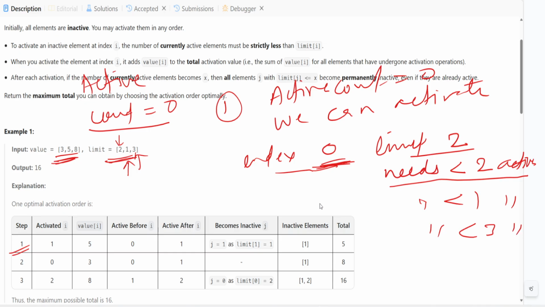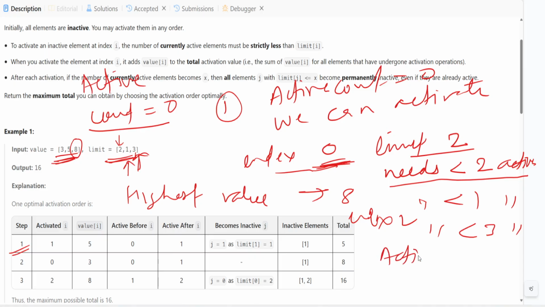I hope you understand. So we should pick the highest value available. The highest value available is 8, at index 2, among indices 0, 1 and 2. So we will activate